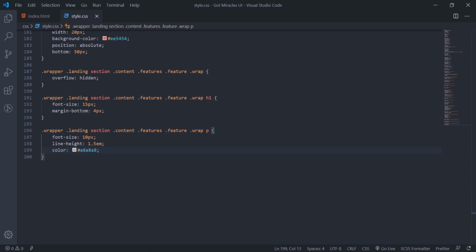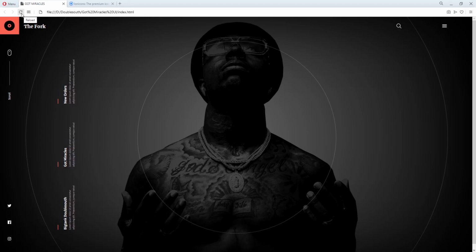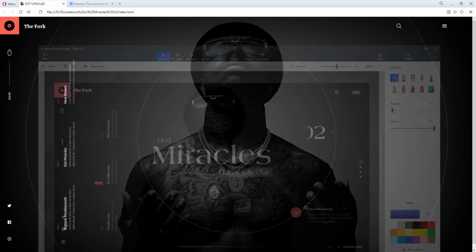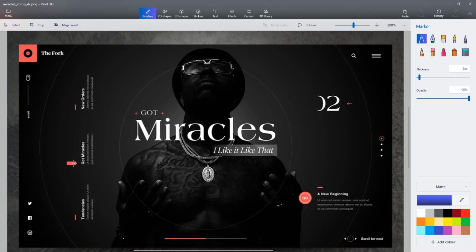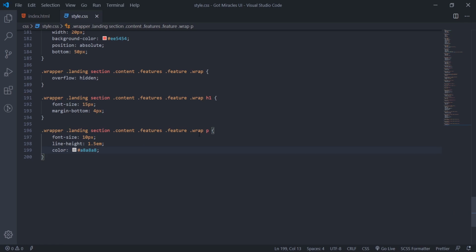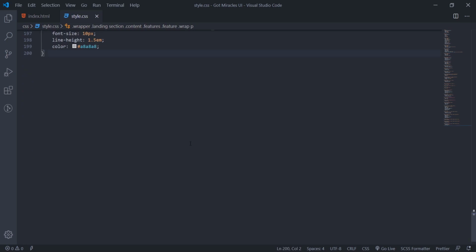Okay, so if I refresh this here, we get this. This one is supposed to be long during the animation, but we'll leave it like this, and when we increase them more during the animation, we'll design it like that, so that at least we'll see what it is later on.